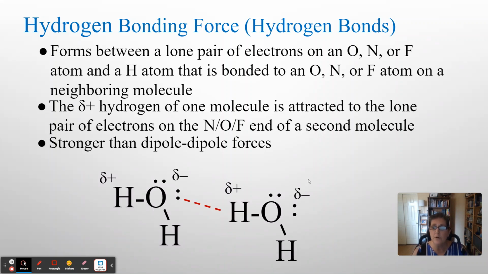So here's a picture of two water molecules. Again, you have to have an H bonded to an N or O or F in the molecule to do this. Water has an H bonded to an O. All right, so we have our two water molecules, HOH and HOH. Now again, opposites attract. So the oxygen in the first molecule is attracted to the hydrogen in the second molecule. Two O's won't come together because they're negative. Two H's won't come together because they're positive. Instead, you're going to have an H and an O come together.